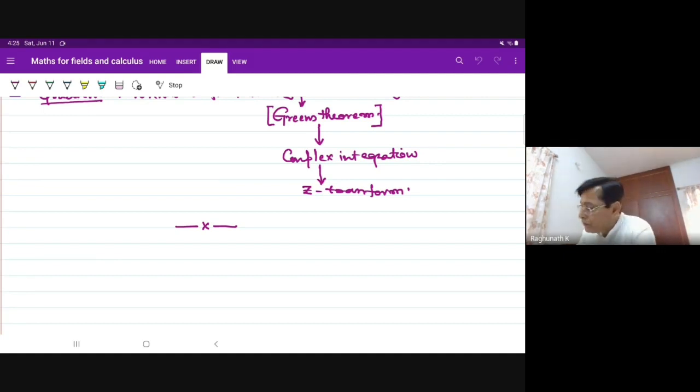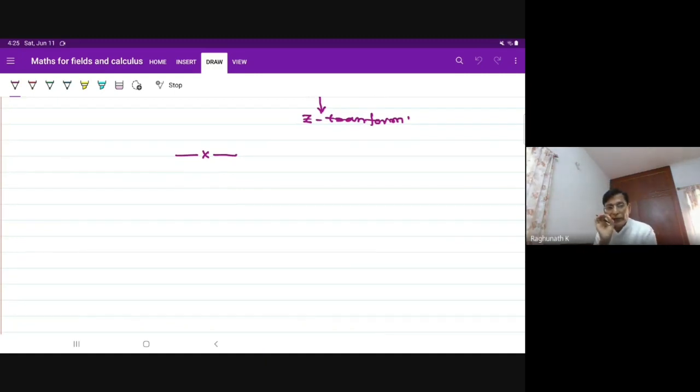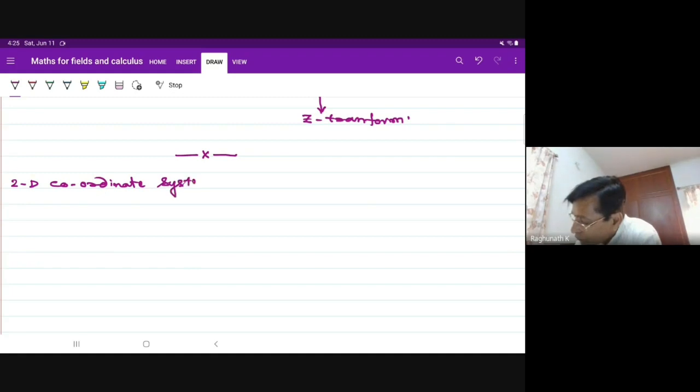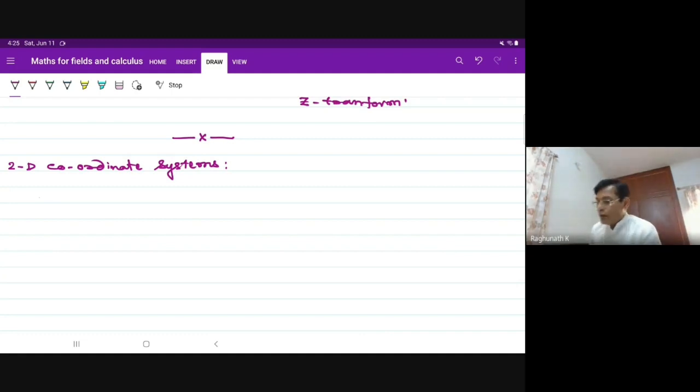Now, whatever is really important, I'll speak about it, right? Maybe we could have discussed it. Two-dimensional coordinate systems. Basically, two-dimensional coordinate systems